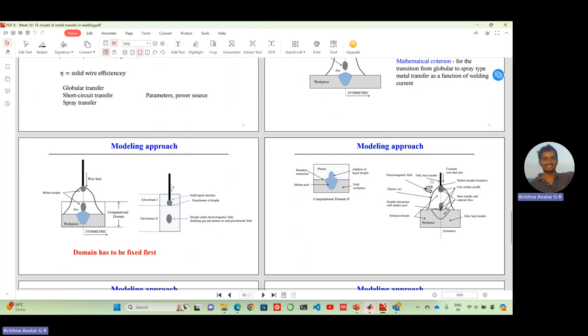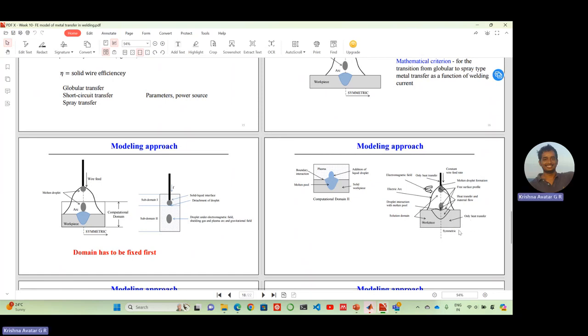And so this is a more detailed schematic of the problem here. Heat transfer is passed on to the wire so that it is able to melt and form this molten droplet. Then the electromagnetic field we apply. There is a constant wire feed rate. So this formation of electric arc, then it just drops off. There is the heat transfer, material flow, and drop interaction with molten pool,